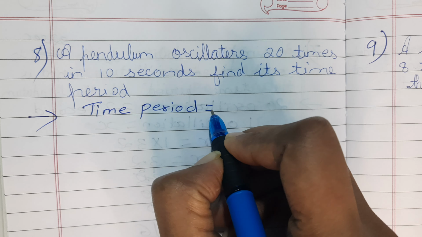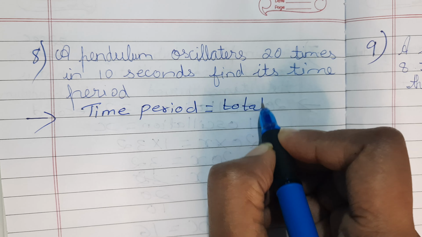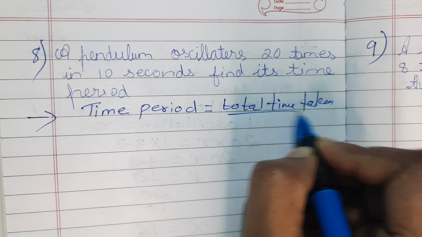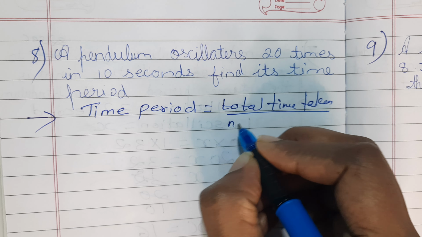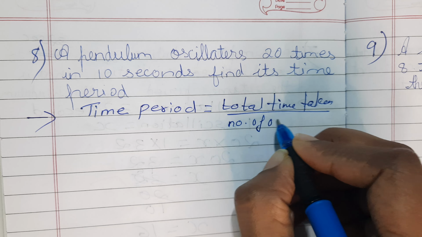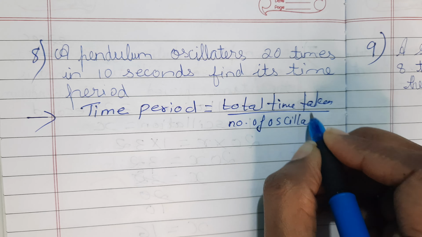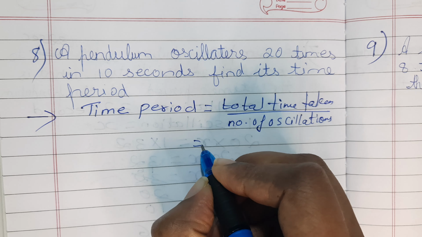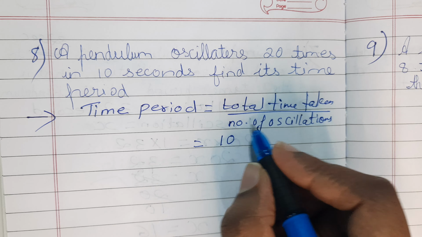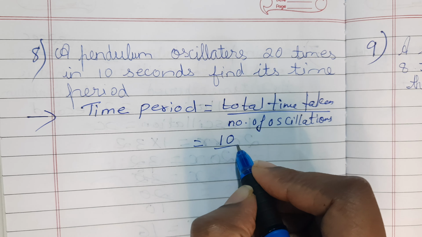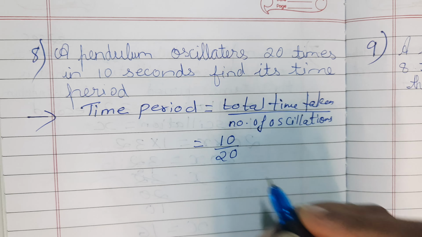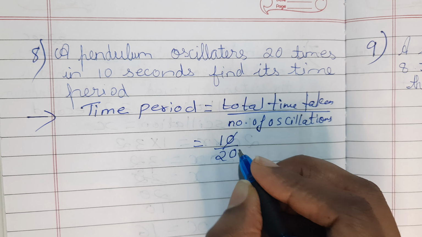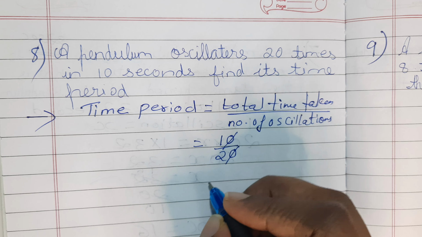which is equal to total time taken upon number of oscillations, which is equal to total time taken is 10 upon 20. Okay, so if you cancel this you will get 1 upon 2, which is equal to,